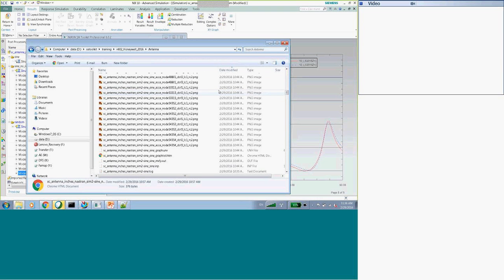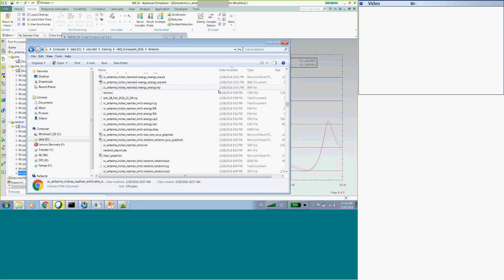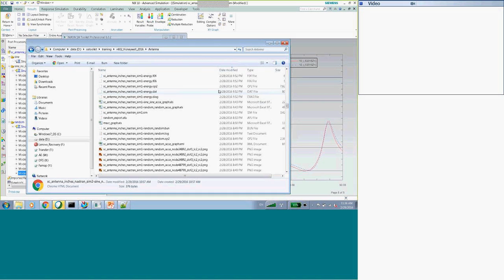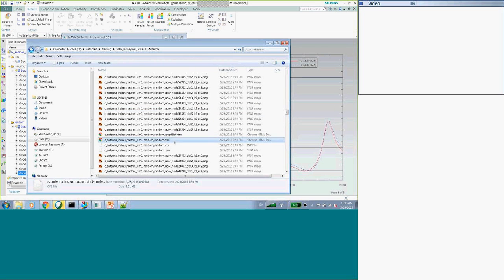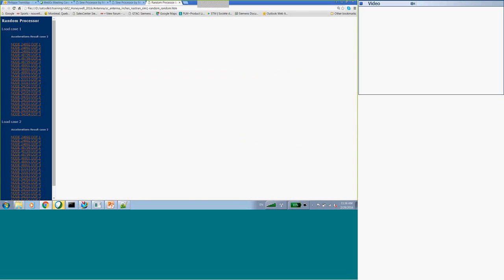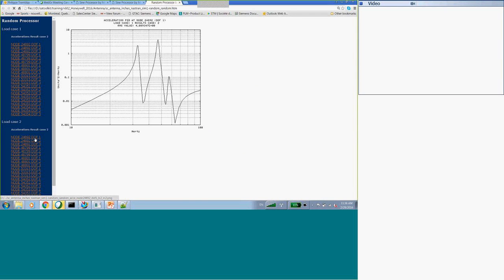The random result. Okay. So I've got two result cases. You can see that in the navigator here.